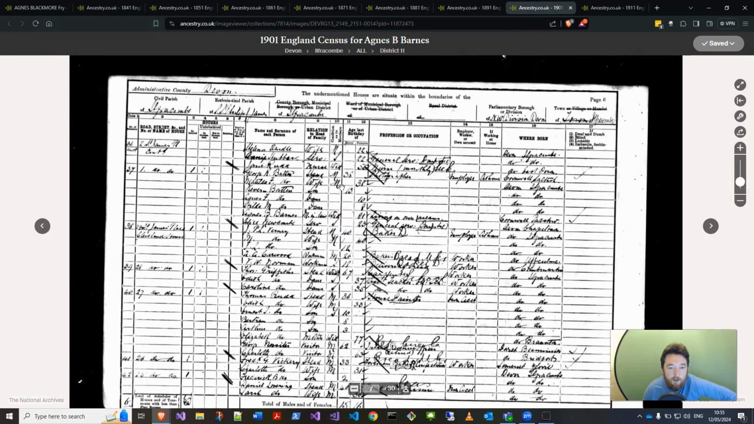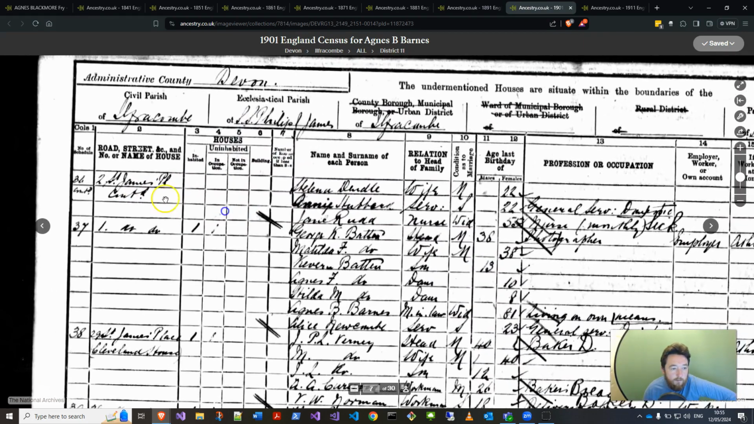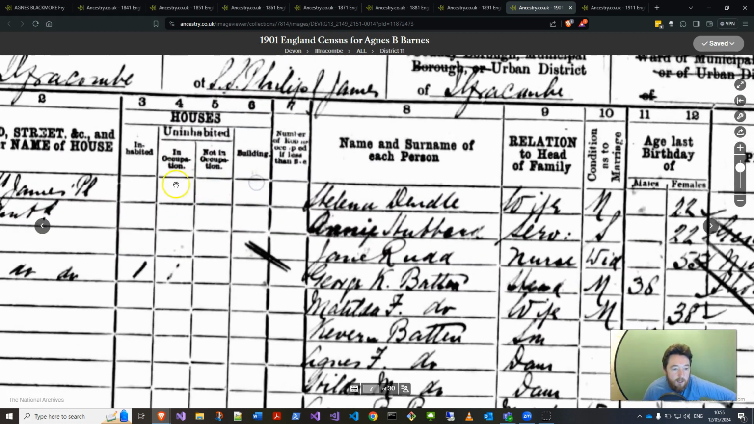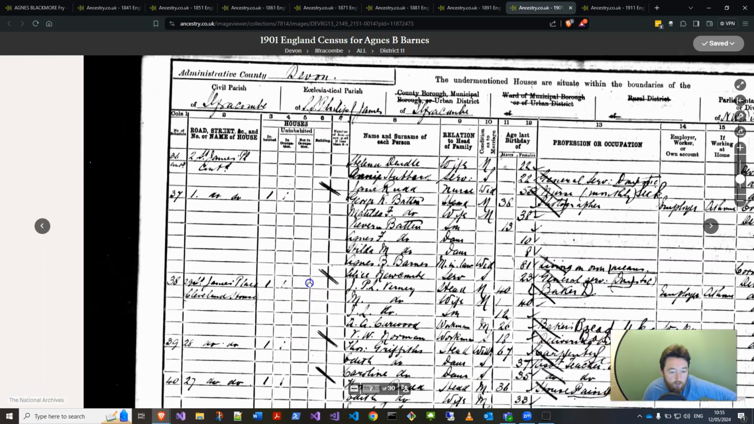Let's see. Now, instantly looks like we've got a few more columns here, doesn't it? So, no major change to the heading. Schedule, street name, houses, uninhabited in the middle, inhabited, in occupation, but uninhabited, uninhabited, not in occupation. Whether uninhabited in occupation, I suppose that must mean that somebody is away, but they do live there normally, and this is just vacant. And a building, what they get from that, I don't know, but this looks rather odd